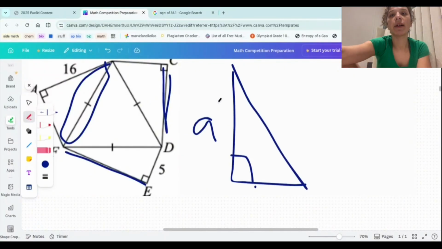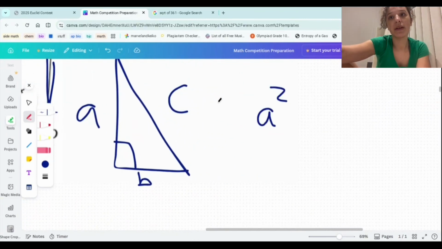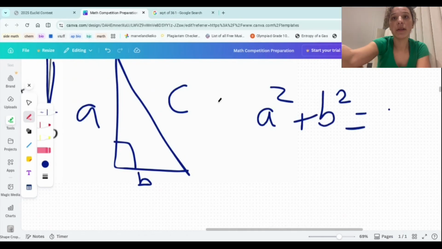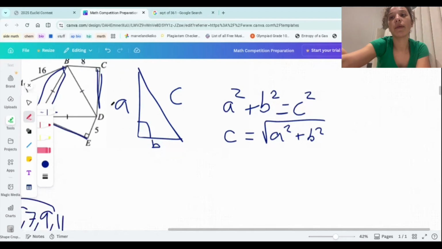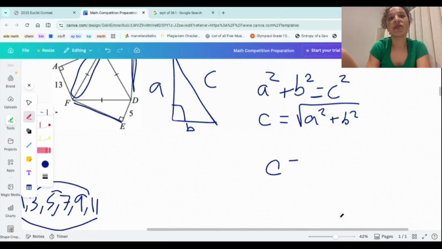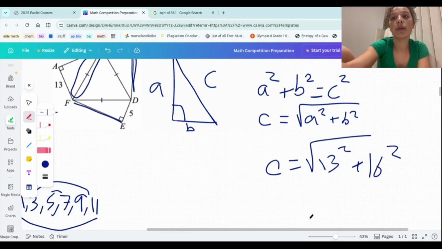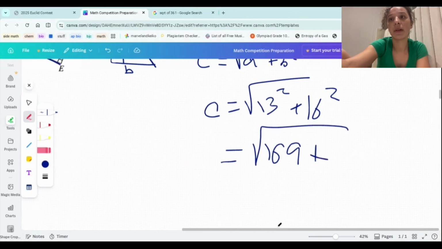So if I have a triangle like this, this is A, this is B, and this is C. The Pythagorean theorem tells us that A squared plus B squared is equal to C squared. So C is just the square root of A squared plus B squared. And if I take this triangle here with sides 13 and 16, I get that C is equal to the square root of 13 squared plus 16 squared, which 13 squared is 169, and 16 squared is 256,